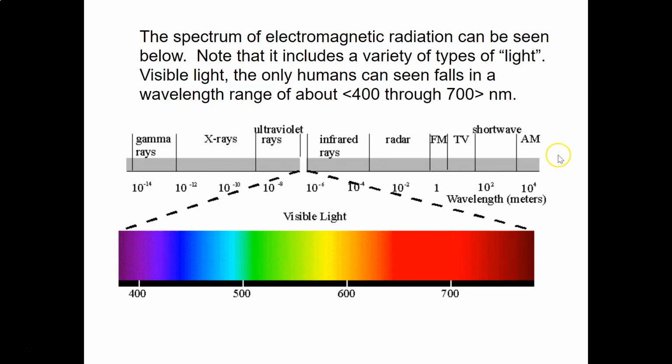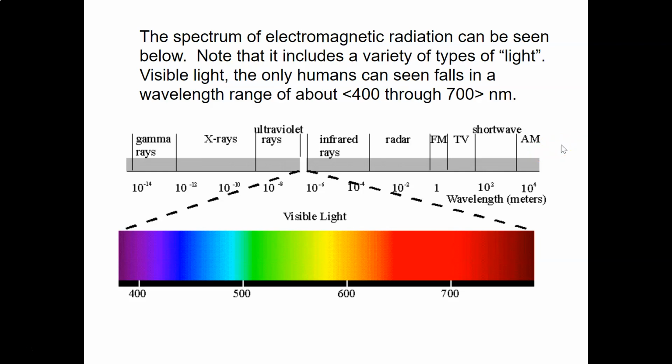You learned last year that as the wavelength gets bigger, we move from gamma rays. Gamma rays have the smallest wavelength, then we've got X-rays, then we've got ultraviolet light. Remember, these three are very dangerous because they are very small waves. These guys are less dangerous, including visible light, because they are